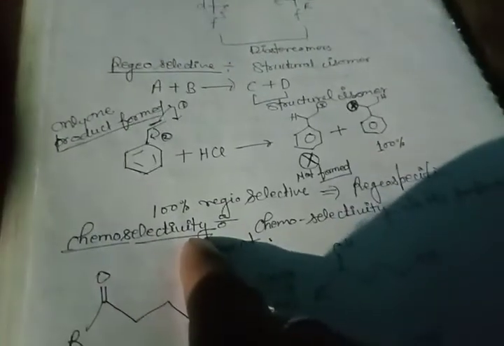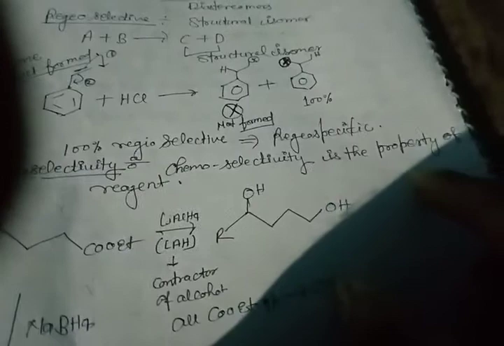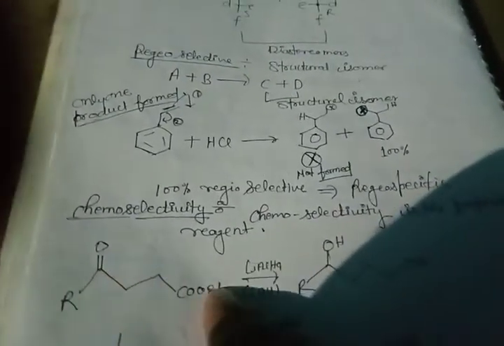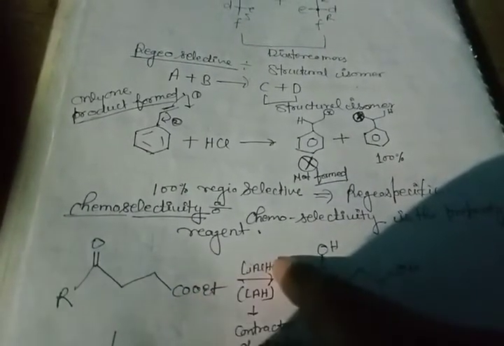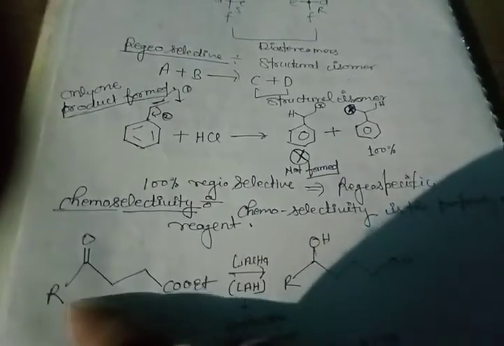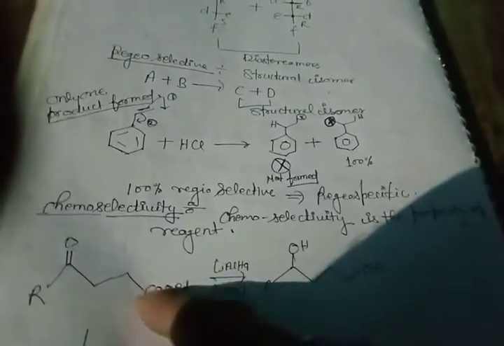What is chemoselectivity? Chemoselectivity is the property of a reagent. It means chemical selection. Here in this process the reagent selects a particular reaction chemically. Suppose this is the ketone group like this one, and this is the ester group. Lithium aluminum hydride reacts with this, selects this ketonic group chemically, and forms OH and OH. This is called